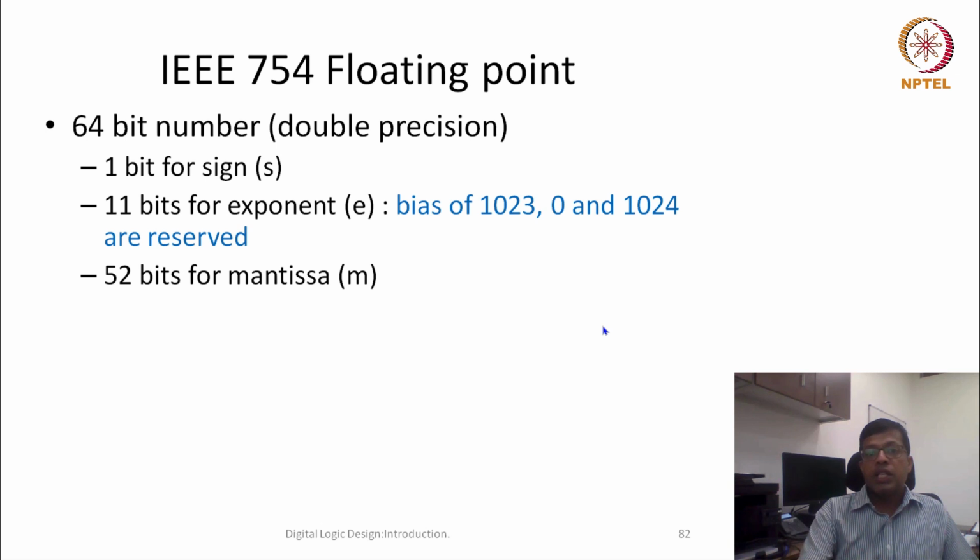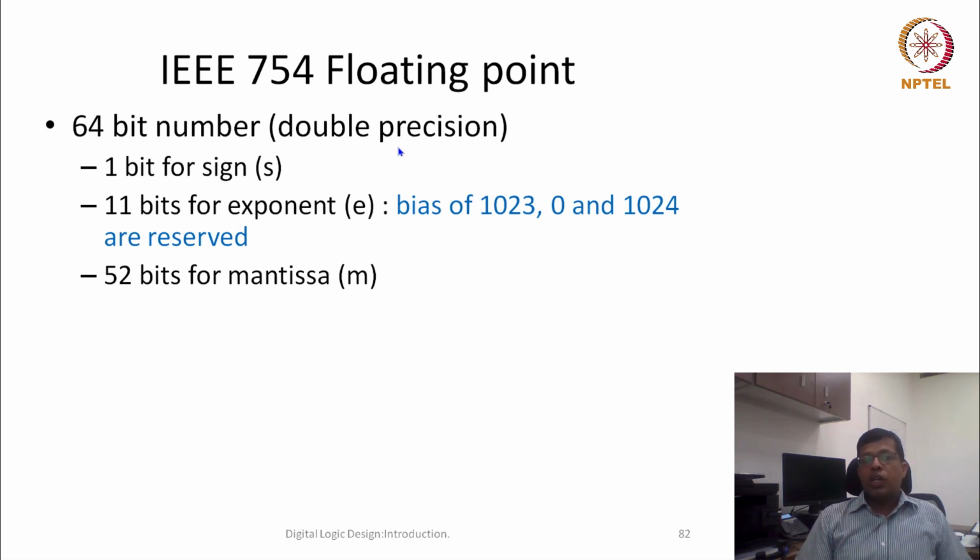So representing these numbers, IEEE 754 also includes another set of numbers which are called double precision numbers. When you write a C++ program, there are two kinds of floats. One is called float, another is called double. The double means it consumes 64 bits and it's a double precision number. Whenever you write float, that represents a 32-bit number, which is equivalent to a single precision floating point number.